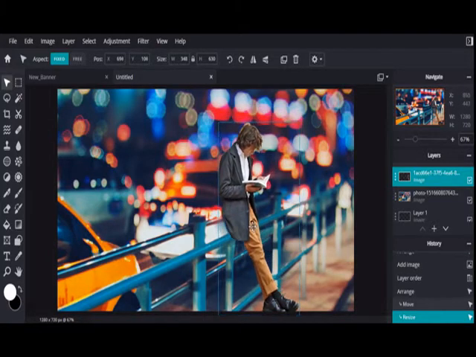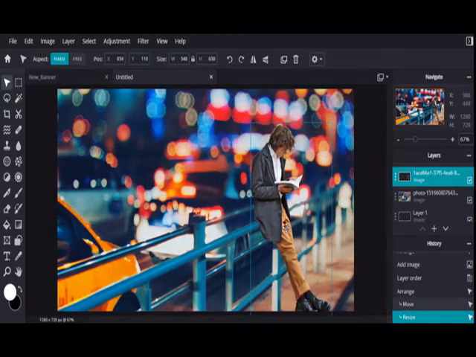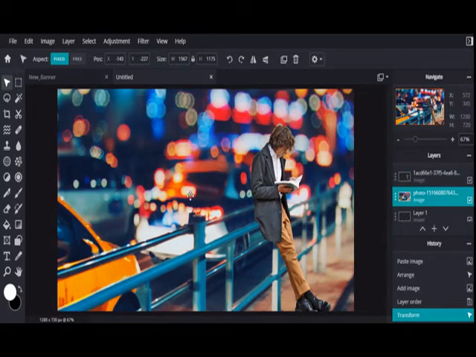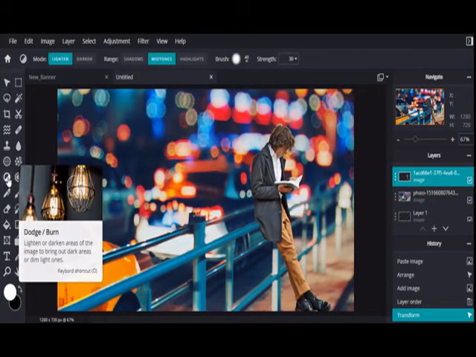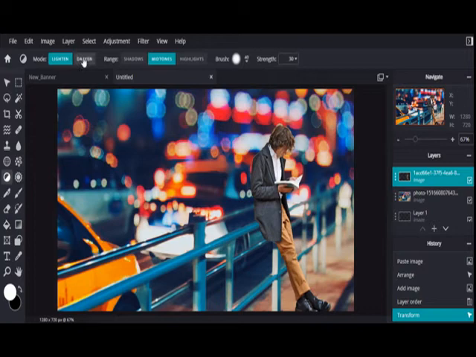I have placed the person layer on the top, and the background layer on the second level. And the second thing I have done is change the position of this person. You can move that person through the move cursor, that is this arrow over here.